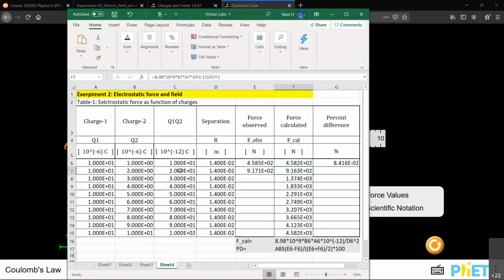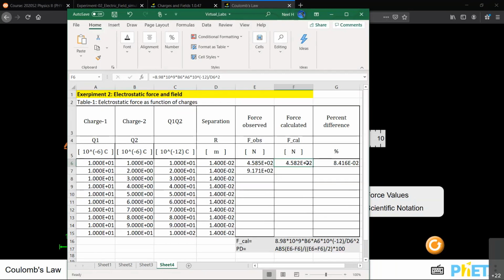Now you can see the charge is different. So let me erase this part and then calculate as we go on. I will show you why this is much easier when you do the calculation for one cell. If you go downward, you don't need to spend the time on calculation again.